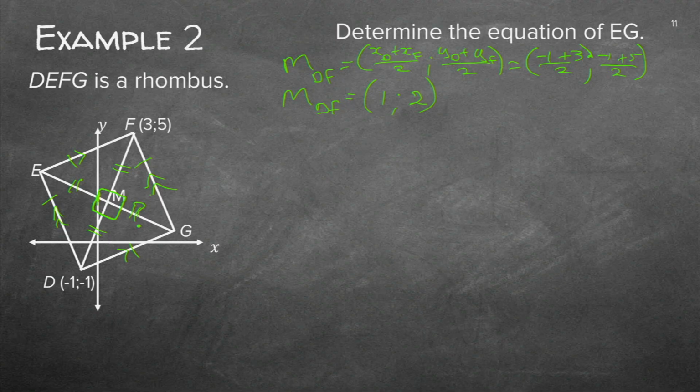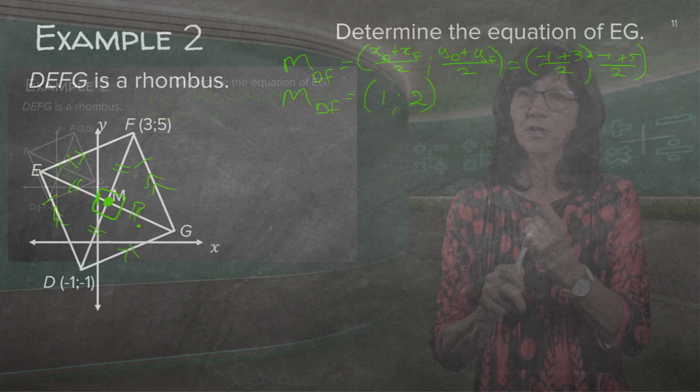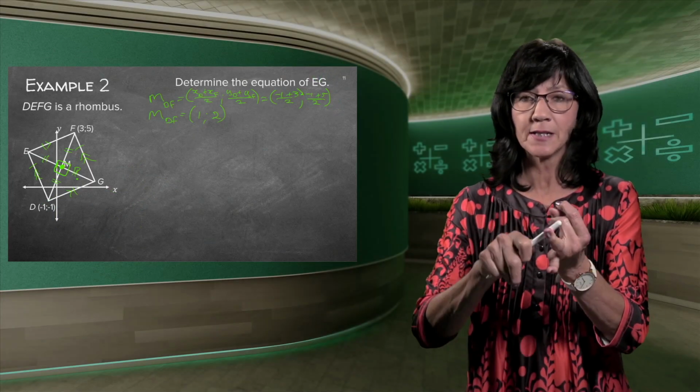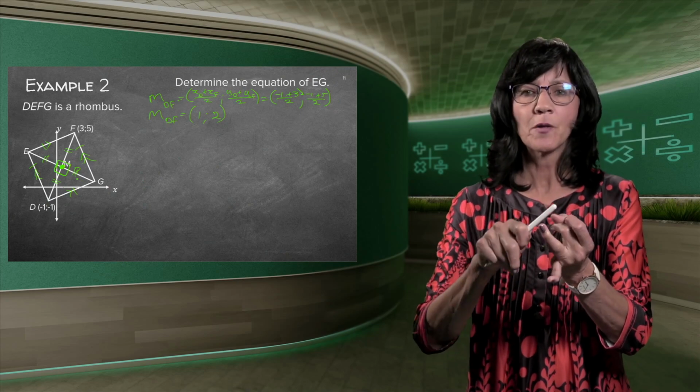Let's just check on your sketch if it looks possible. If you look at this point M there, it looks as if it could be a 1 for x and a 2 for y. If it was the other way around, I know that I made a mistake. And then you go look for your mistake. Good. Now at least I've got a point. Is one thing enough to find a straight line equation? No, because there's either an M and a C, or there's an M and another point.